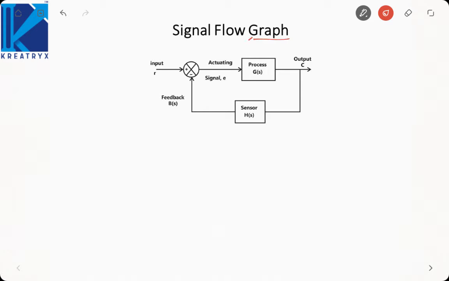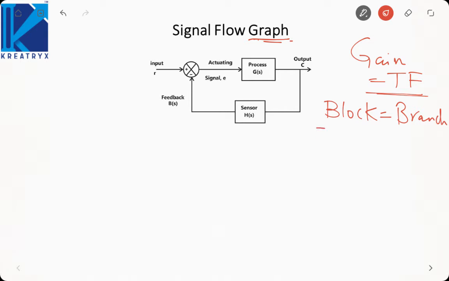Okay. So here, as the word graph comes, you might have already studied graph theory. There, we were representing networks by network graph. There, each element in the network or each component, like resistances, were being replaced by branches. Here also in a similar manner, each block will be replaced by a branch, and the transfer function of that block will be called the gain of the branch. Gain is basically transfer function. So instead of transfer function, here we will call it gain. So gain of each branch is equal to the transfer function of that block. So a block will be replaced by a branch here.